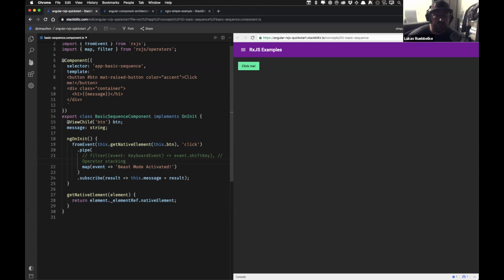And I'm saying when this clicks, take the event and instead return beast mode activated. So when life gives you lemons, map it to lemonade. Then what actually comes into the subscribe block is what we've returned here. We're simply passing along like an assembly line. So if I click here,